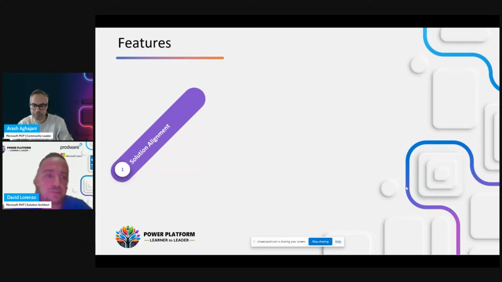So with Power Platform pipelines, we can get solution alignment between the different environments because we block customization in the testing environment and the production environment, and we always deploy through the pipelines.